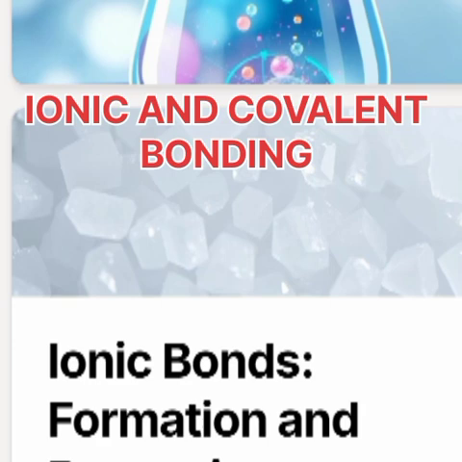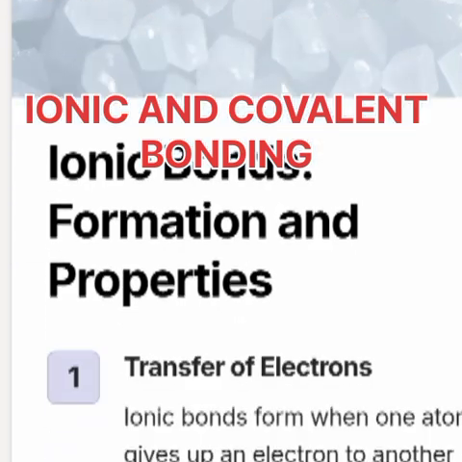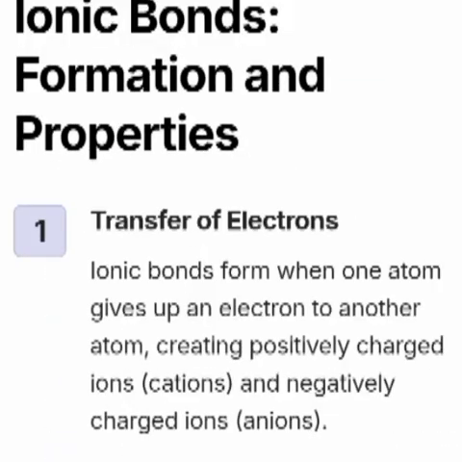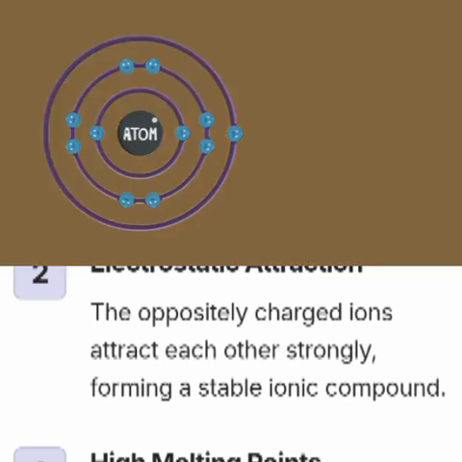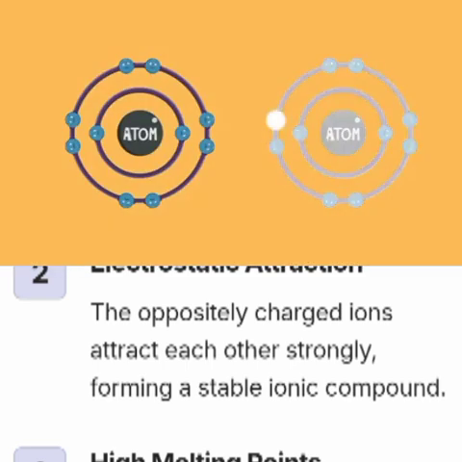Now let's see the properties of ionic bonds. Ionic bonds involve transfer of electrons. A bond forms when an atom gives up an electron to another atom, creating a positively charged ion, a cation, and a negatively charged ion, an anion. So the first feature of ionic bond is that there is a transfer of electrons, normally from a metallic atom